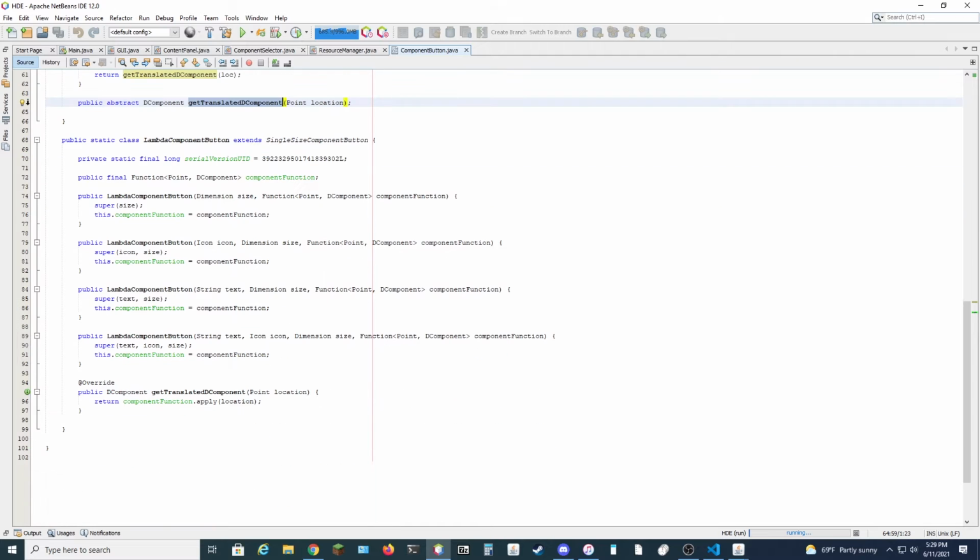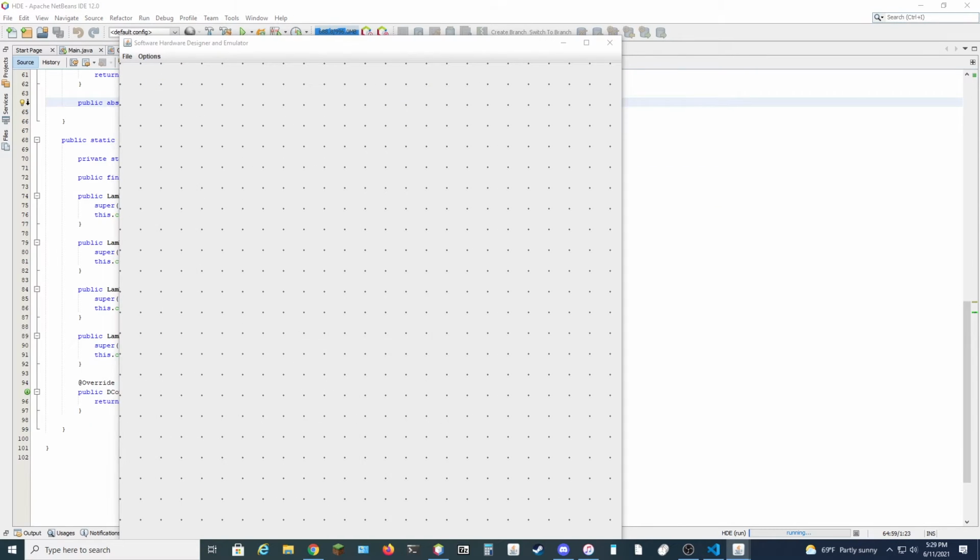So when you create the component, the component is actually stored using its, I believe, top left corner position. So this will instead take the center point and calculate where that point is and pass that on to this